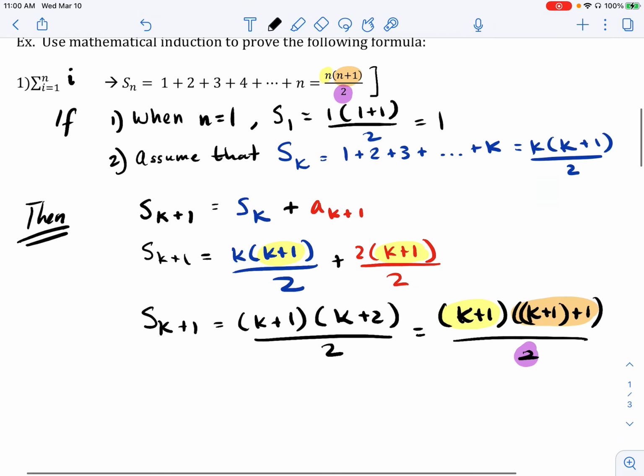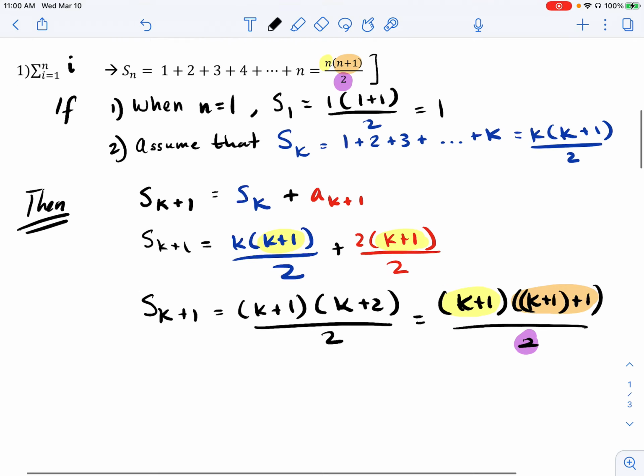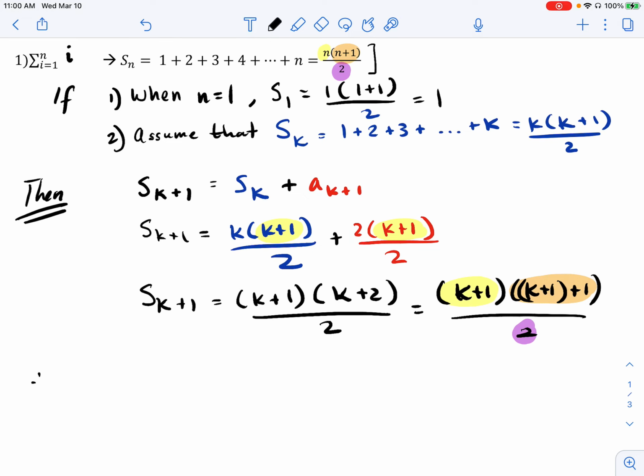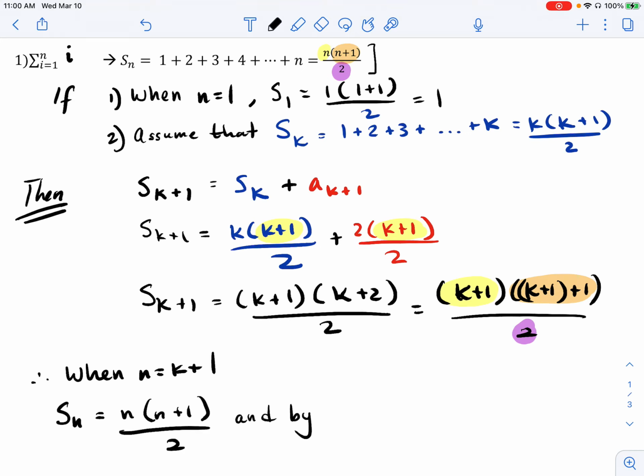So what we've just shown is that it worked when n is equal to 1, so it worked for our first term. So we're going to assume that it works for a positive integer. And since it works for a positive integer, it's got to work for the next positive integer, which is the proof part. That's what we've shown. So now we can make our concluding statement. We can say, therefore, when n is equal to k plus 1, S sub n is equal to n times n plus 1 over 2, so our formula that we were trying to prove, and by mathematical induction,